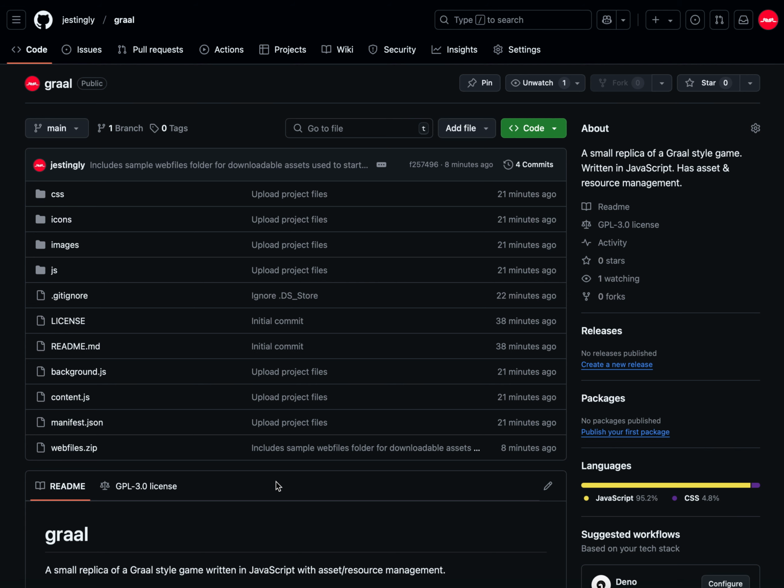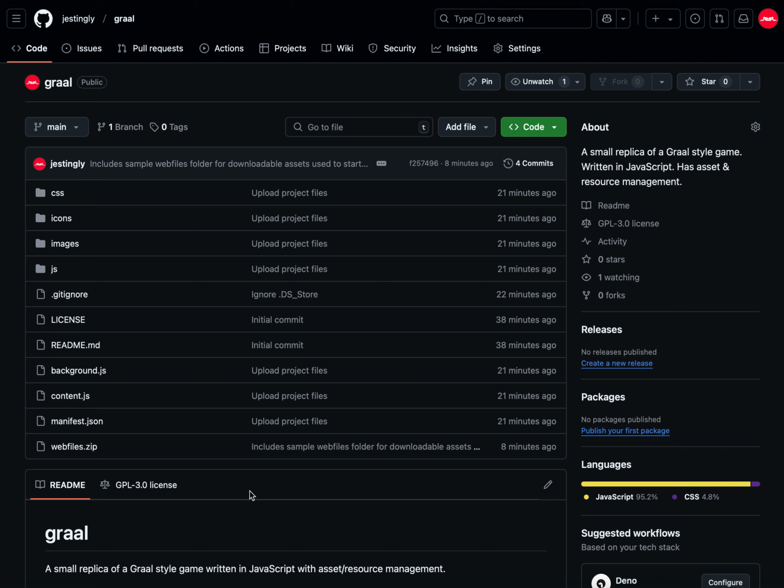So what we're doing here is, in the main directory, again, the README needs updating. I do want to reiterate that. And then background, content, and manifest. So background.js, content.js, and manifest.json are three core files that are used to allow you to create a plugin. You can take this code and port it into JavaScript without using the plugin. I set it up as a plugin just so that you can simulate how to open up a game